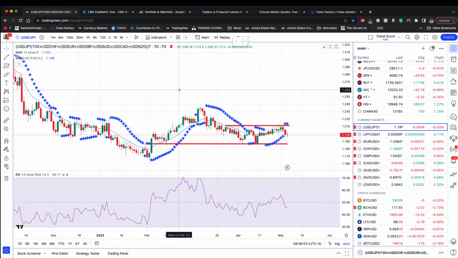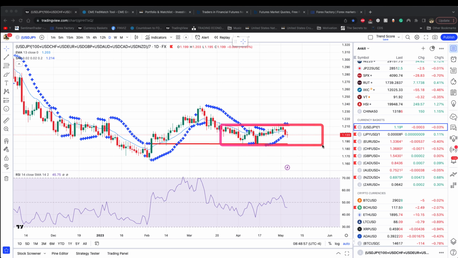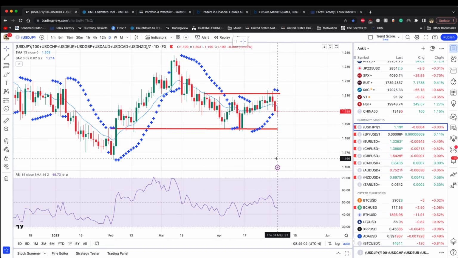Same thing with the dollar. Is the dollar moving lower or higher? Right now you can say that the dollar is not going anywhere. It's sideways. So if you look at any of the dollar crosses, they're not really moving exponentially one way or the other, and that's because the direction is not there.